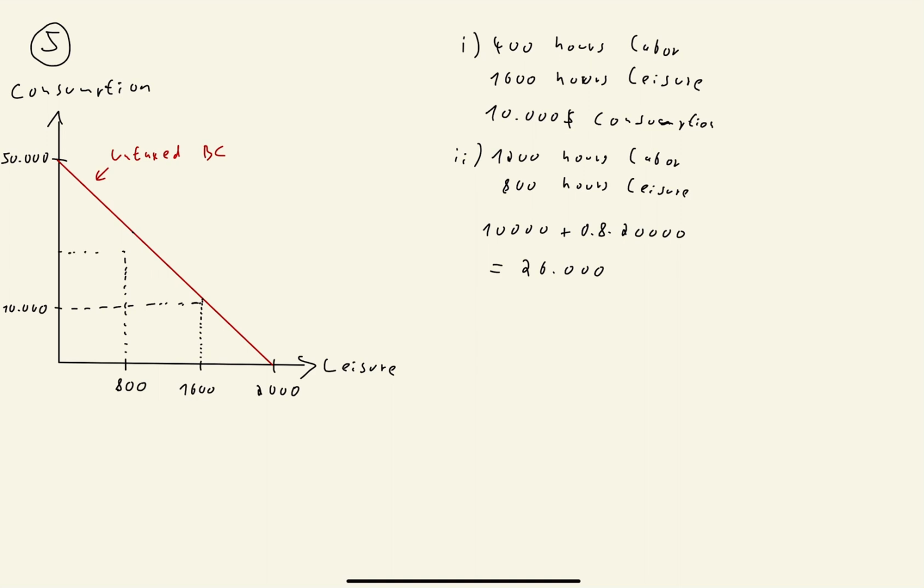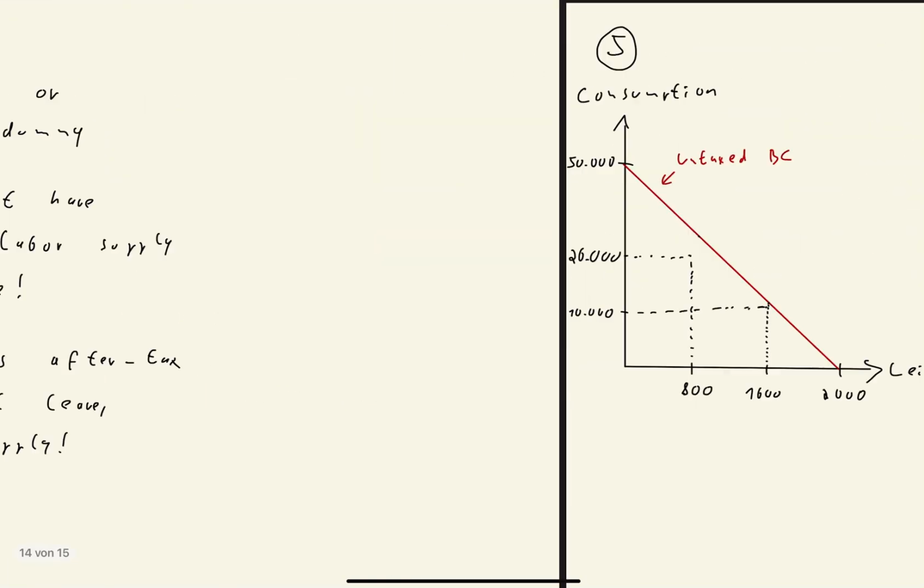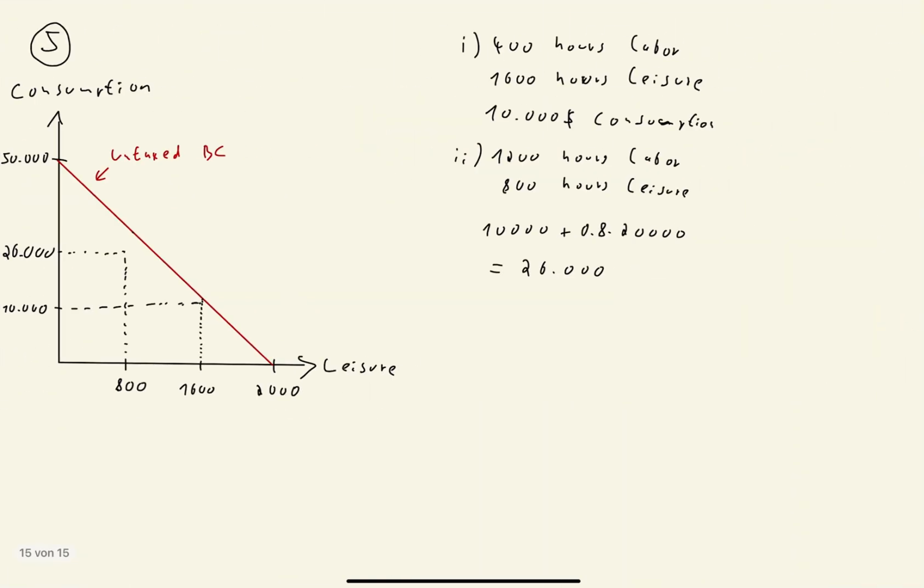So this is $26,000. Then if we connect the point here with the point there, what we get is the new, or the deviation from the untaxed budget constraint. Yes, so it will be obviously lower because we have to pay taxes and therefore we have less opportunity to